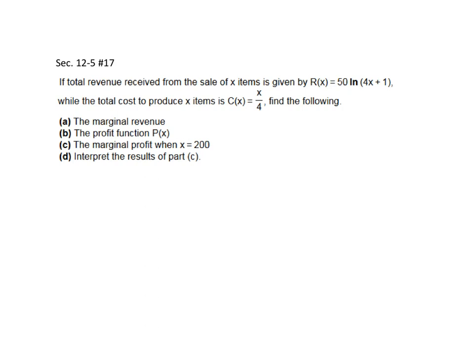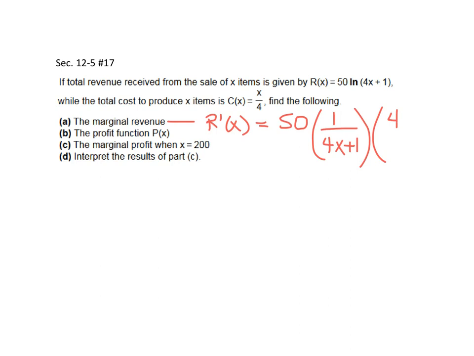So the marginal revenue function is simply the derivative of the revenue. And the derivative of 50 ln the quantity 4x plus 1 is equal to 50. The coefficient just rides along. The derivative of ln is 1 over the quantity 4x plus 1. And then that's times the derivative of 4x plus 1, which is just 4. And so that we multiply our fractions properly, I'm going to put everything over a 1. So r prime of x